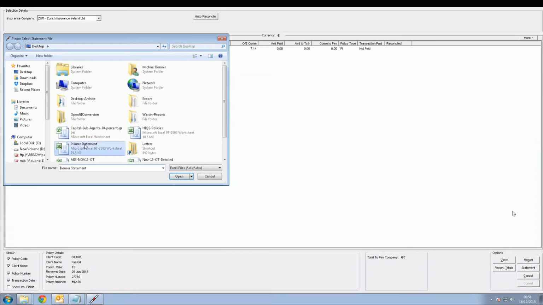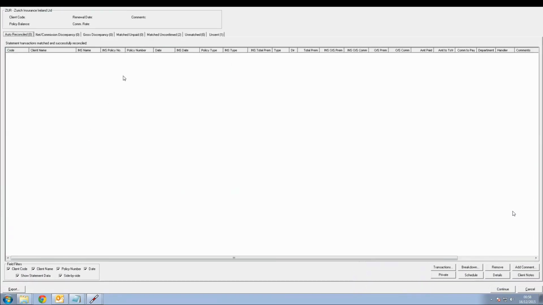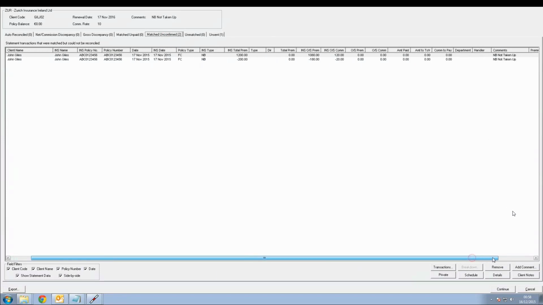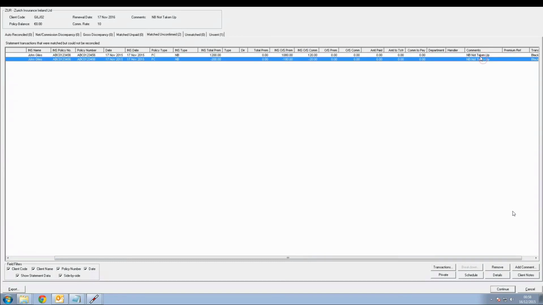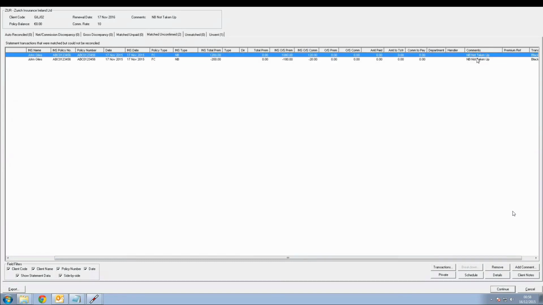Again, the insurer statement, and this time the transactions from the insurer are showing in the matched unconfirmed. Now this is where there was no premium, there's no transaction on your side of things. On the broker system, there's no transaction within Relay 360 to match up to the transaction from the insurer. So what it's done is matched the policy itself and brought back the status of that policy. In this case, new business not taken up, maybe lapsed, maybe renewal offered, maybe lapsed for transfer, cancelled midterm, whatever